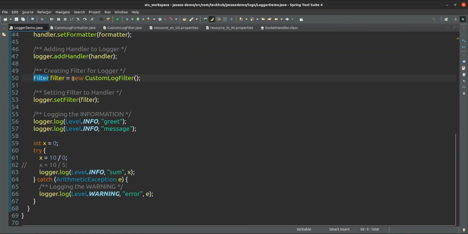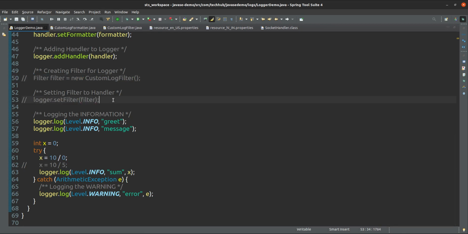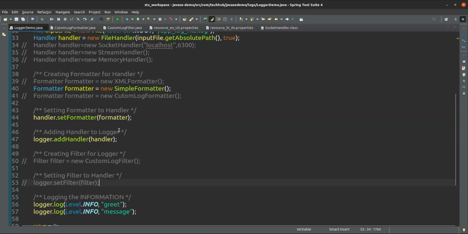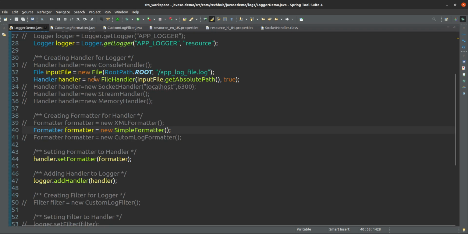Currently I am not using this filter, and we can avoid it because it is an additional feature. Whatever log we are printing into the console, that can be a message, a warning, an error, or any type of level. You should log all those levels into your logger and not skip any, so that it will be easy to track bugs in your application. If you want to give a filter, you can, but we should avoid this one. Next is this handler; this simple formatter we can use, no issue, and this file handler, fine.